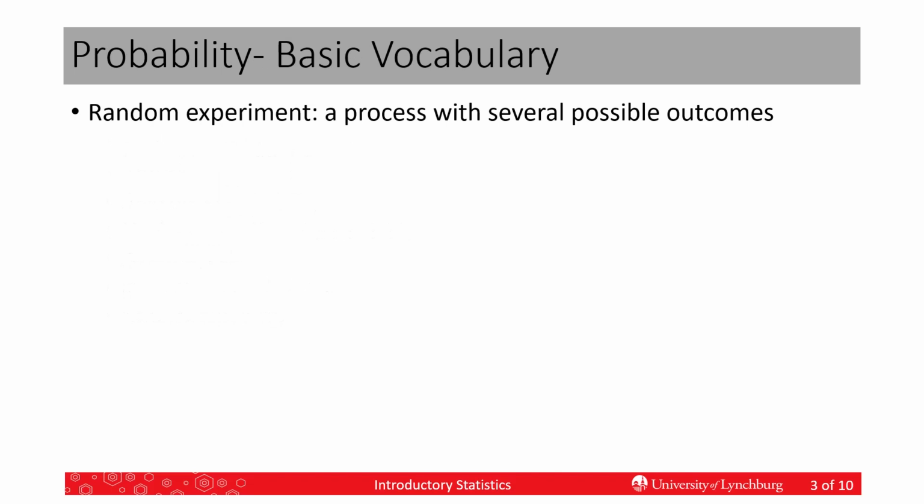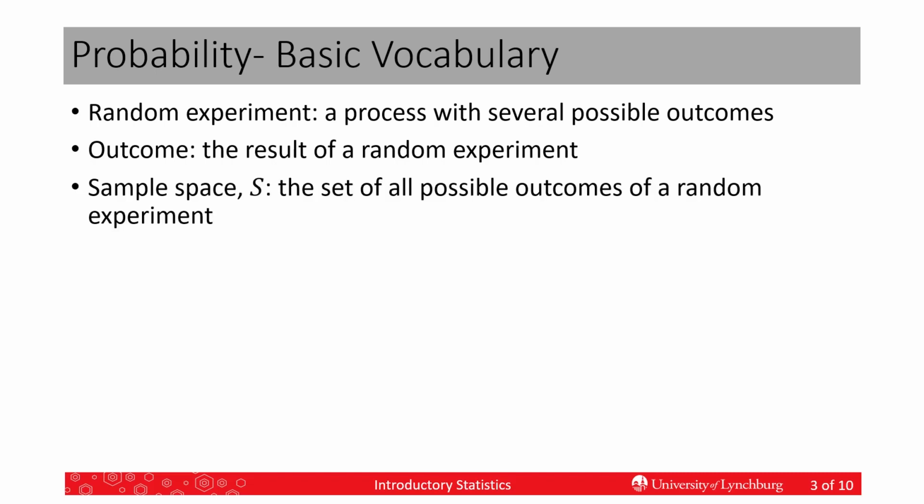So vocabulary. A random experiment is simply something that occurs that has several possible outcomes, and we don't know the actual outcome until the event occurs or the process occurs. The outcome is simply a result of a random experiment. So whatever the result is, if we're flipping a coin, is it heads or tails? We know what the possible outcomes are, but we don't know which is going to happen until the experiment is